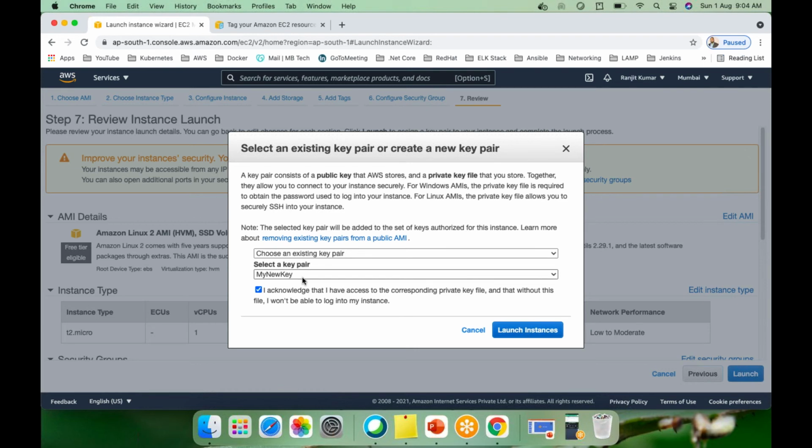Now let's select that and review, then launch, and the existing key pair. So Dilip was asking yesterday, the key pairs. This key pair that I'm selecting is available in my AWS account here, and whatever I'm selecting from my laptop is available locally on my laptop. Suppose I selected my new key here, that means this key pair should